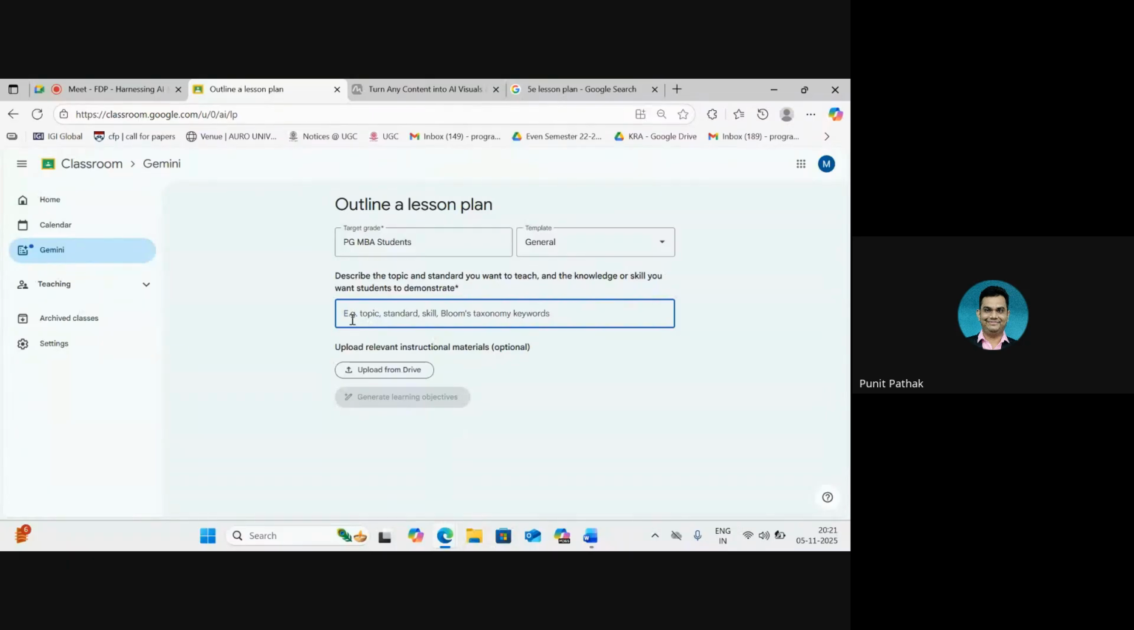So in case we are confused about this part, we notice that we can enter the topic, separate it by the comma, and set a standard if I want to, a skill that I want to measure, and Bloom's taxonomy keywords can also be added here. We'll just give it the topic directly, for example, Introduction to public speaking theories, right? Now, once we have entered all the necessary information, what we do is we click on generate learning